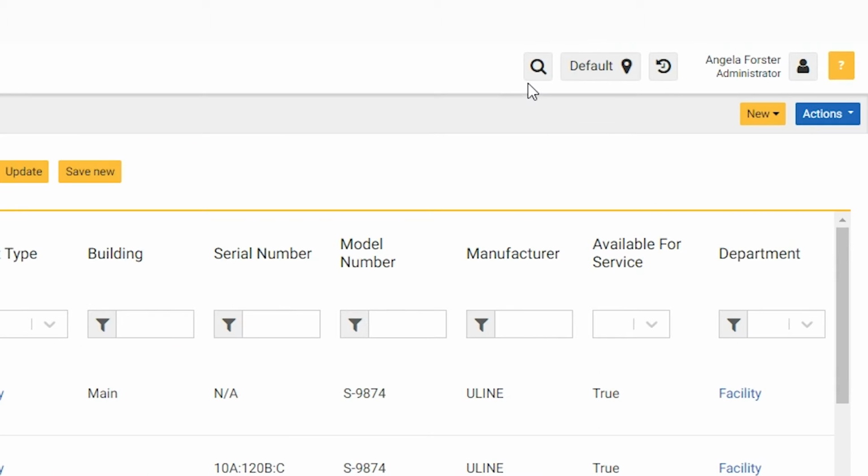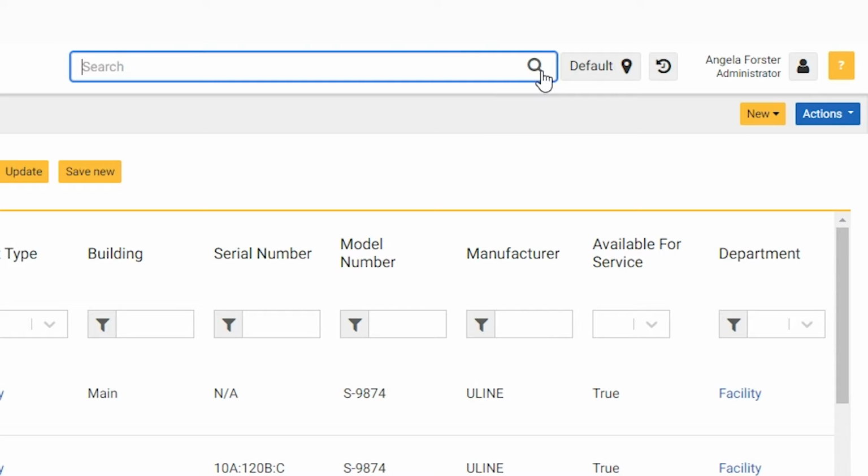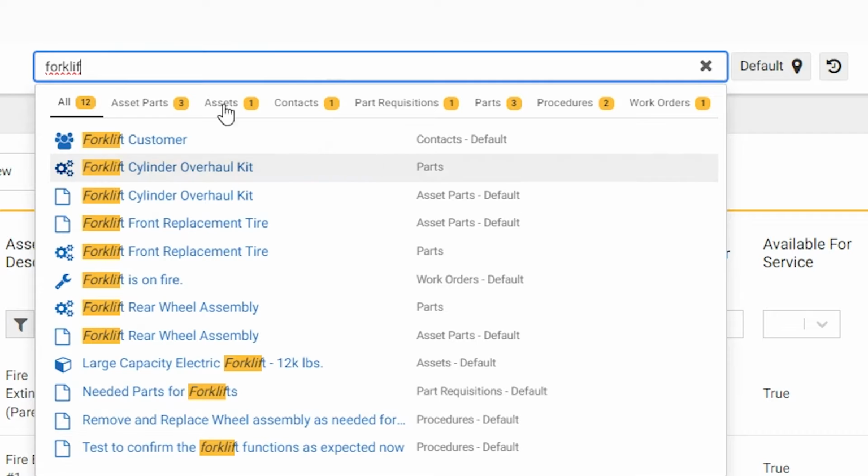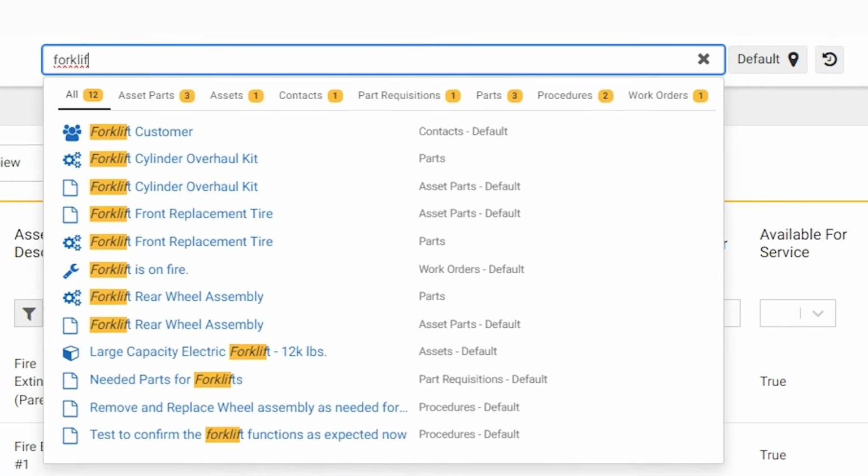eMate does also have what we call a global search option in addition to the list view that we currently have up on the screen here. I do want to point out that this global search option allows you to look for anything within the eMate system that you currently have, regardless of whether or not you're currently in that module where it resides. So if I'm looking, for example, for a forklift, I can go ahead and start typing in forklift. And as you can see, it starts filtering down the list based on what I currently have available within my system. So these are all different modules that I currently have access to, even though I'm currently only on the asset module at the moment.